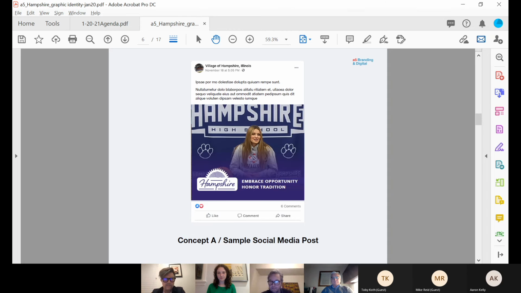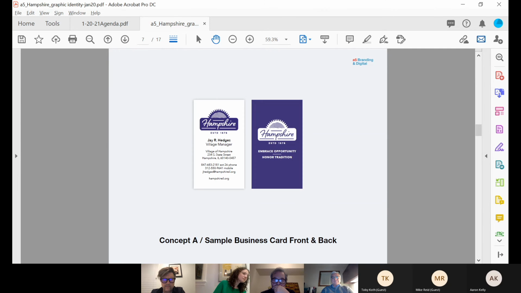I think in some cases, social media posts, for example, that can drop away to make things a little cleaner and simpler, because those are going to be smallish. So that's what you see here. It's the reverse logo with no established date as part of that graphic.